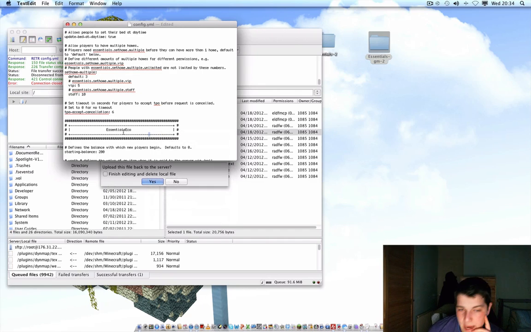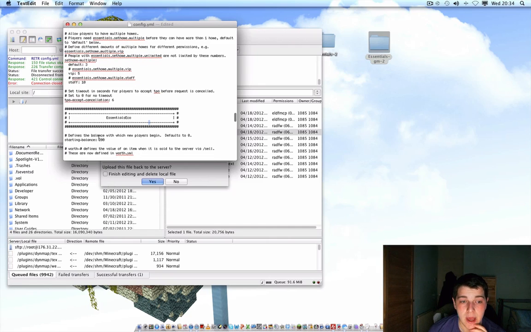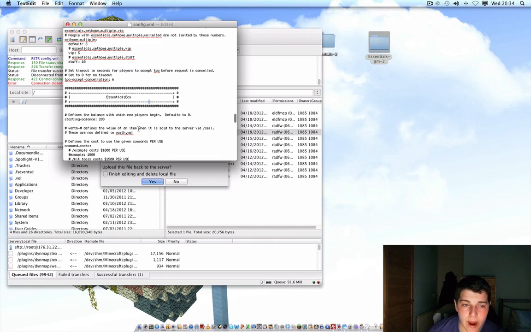Eco is probably the main one you guys are looking at because it's the most easily missed one you can get wrong. I currently have £200 or $200, whatever, I'm not bothered, the same thing, currency doesn't matter. So when you join my server, you will start off instantly with 200. Easy as. The worth.yml, which is